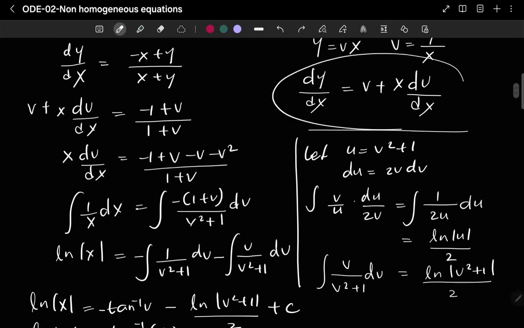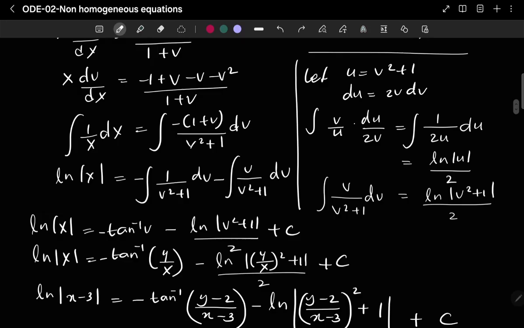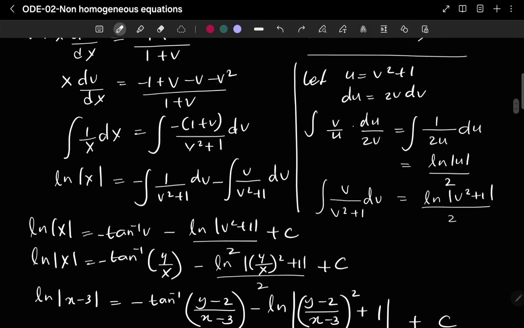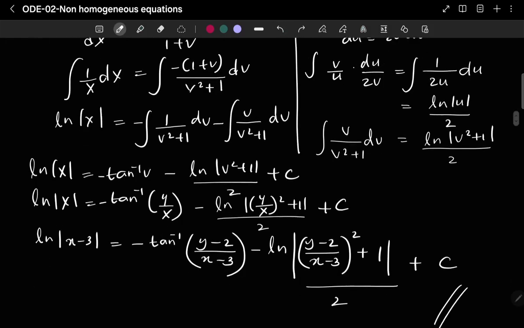And then by differentiating that, we get this, and we get a separable form like this. And then we have the obstacle of solving these integrals. So we have to master integrals as well to solve these ODEs. And here for solving this, I took a substitution u equals v squared plus 1. From that I got this